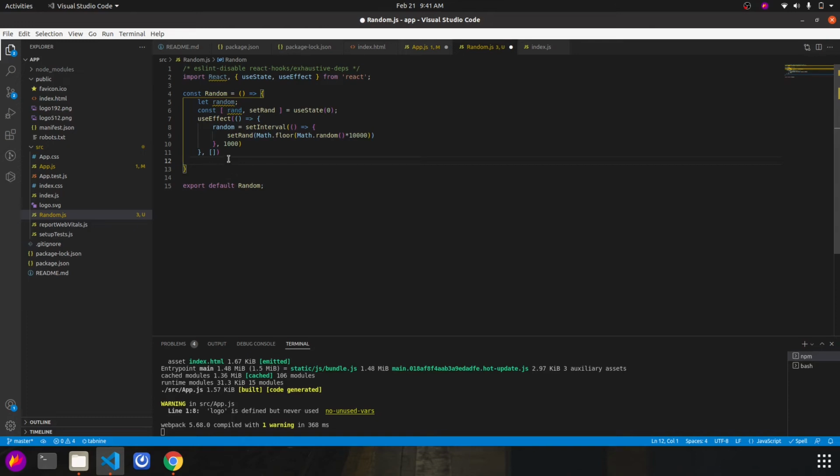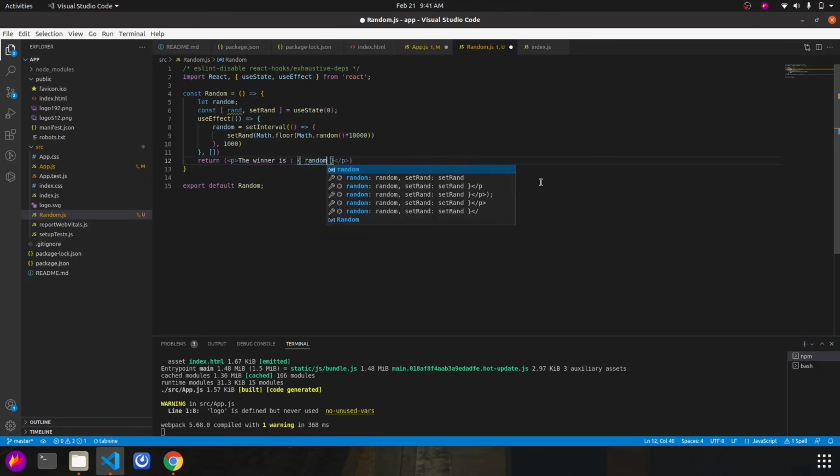Now you are going to print it. So basically you will write it in return. So Random, the winner is, and here you will define a random. And when you save it,